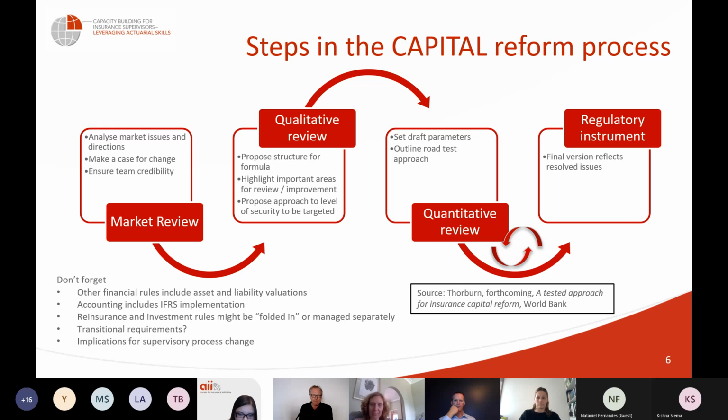We've done a lot of these, so I thought it was helpful to say, well, look, what steps would we go through and how would we go about it in a way that we've also seen other countries do. So it doesn't necessarily have to be something where it's external. But when you're updating, which I think is the next question we've just had there, when you're updating from one approach to the next,